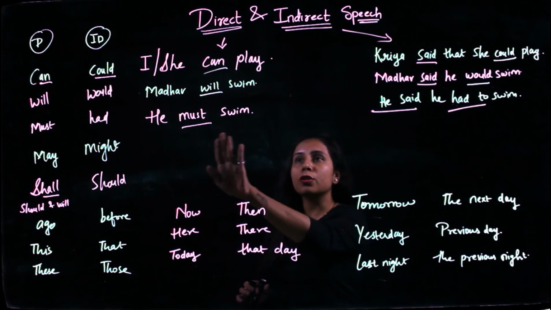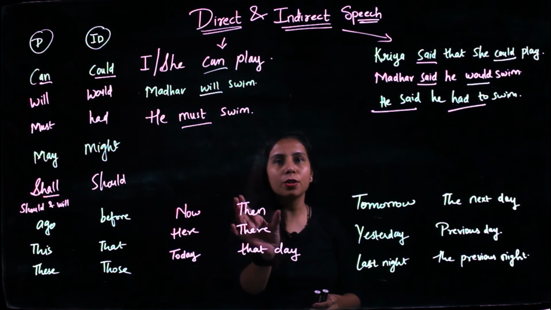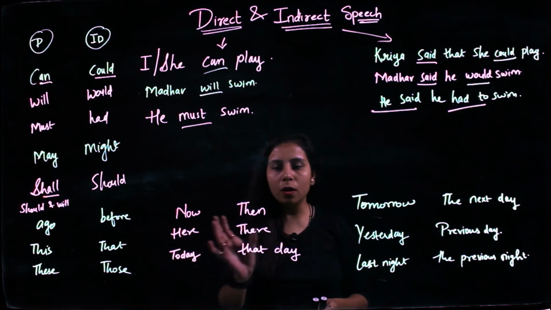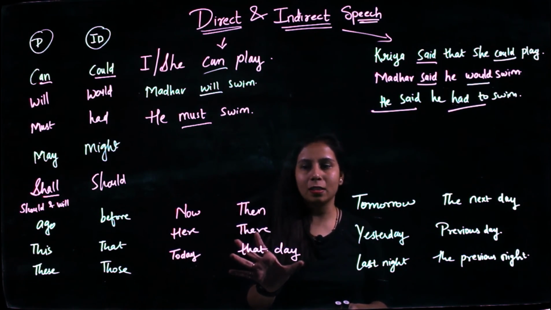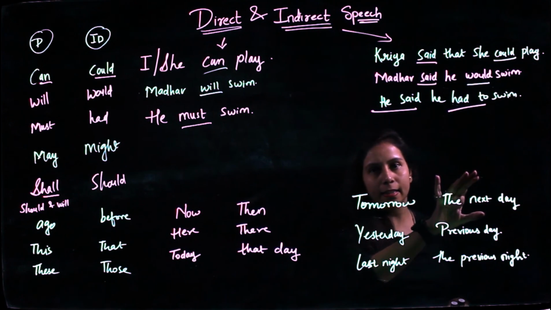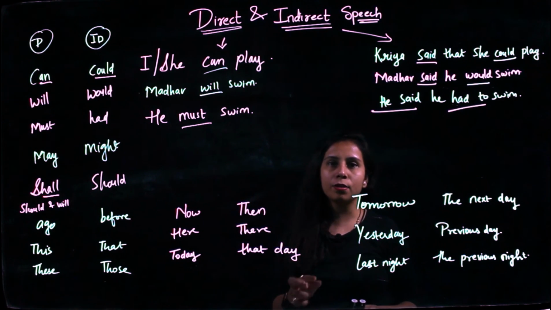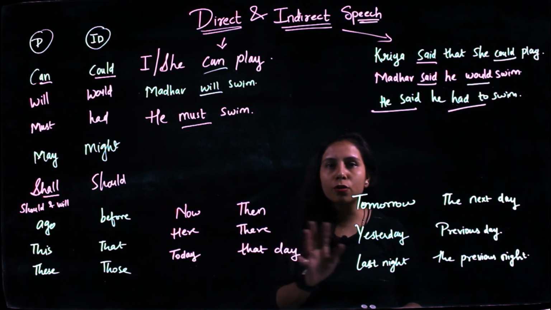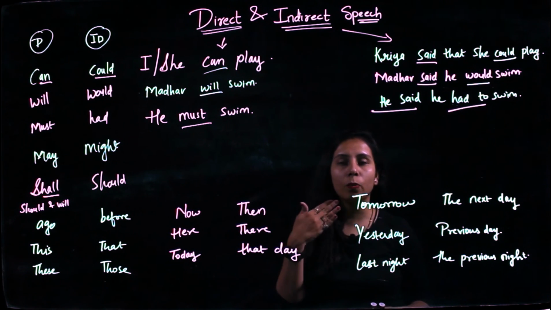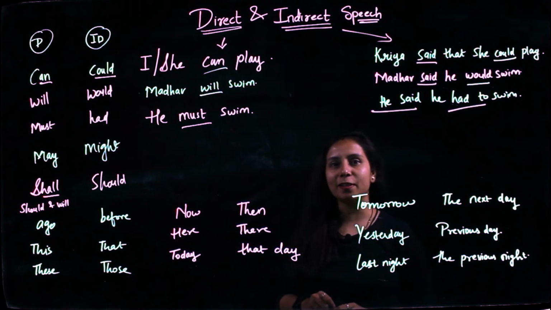All right. So this is how you need to apply direct and indirect speech. The word changes into something else. For today, you can't use the same word in indirect speech. You need to say that day. For tomorrow, you need to say the next day. If you don't use it, then silly grammatical errors would certainly be there. Just to remove it, apply it very observantly. Okay, this way I would meet you in the other video. Thank you.